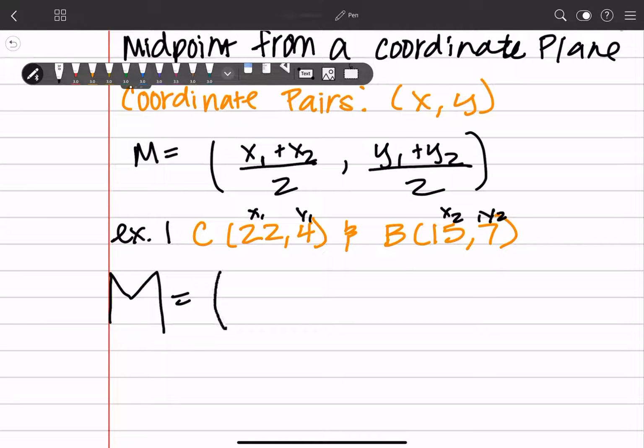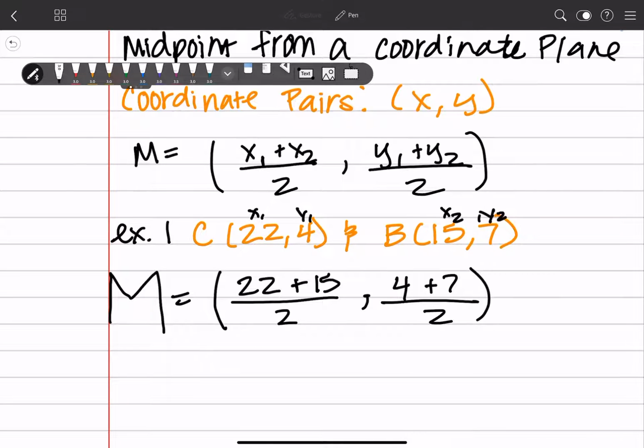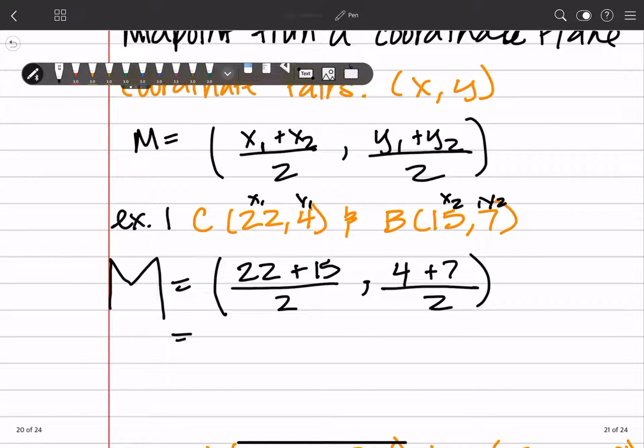All right, so we've got X1, which is 22, plus our X2, which is 15, divided by 2. Then we're going to do Y1 plus Y2. So that's 4 plus 7 divided by 2. And now all you're going to have to do is solve. So 22 plus 15, that's going to get you 37 over 2. And 4 plus 7, that's going to give you 11 over 2. And because these can't be simplified as fractions, this right here would be your midpoint